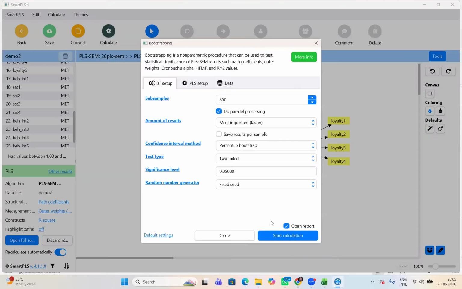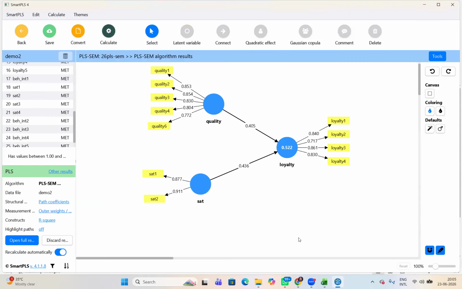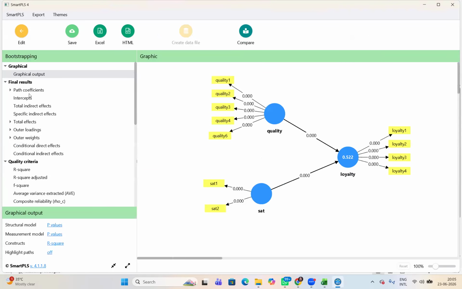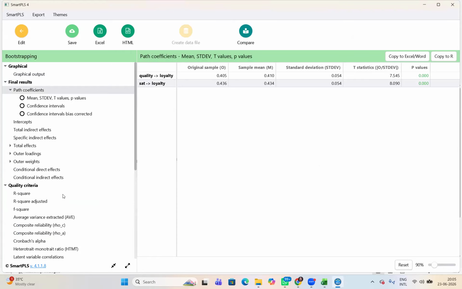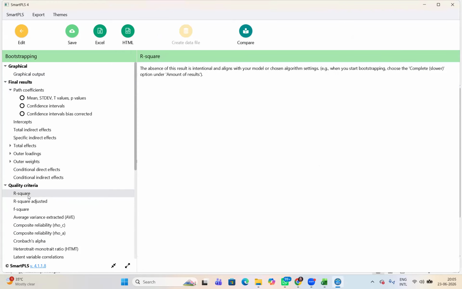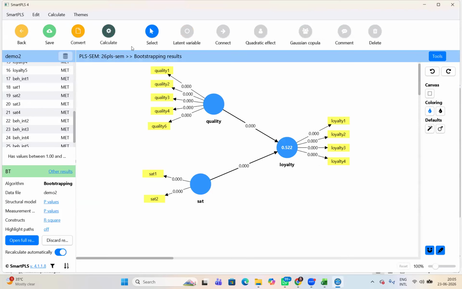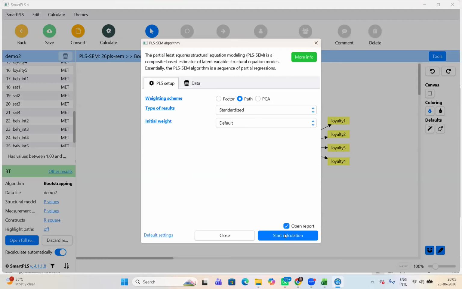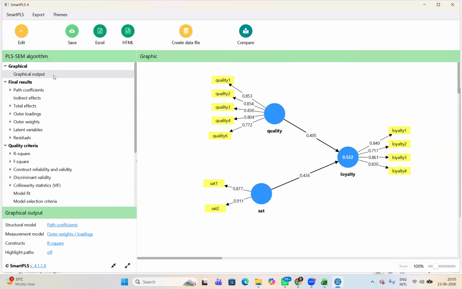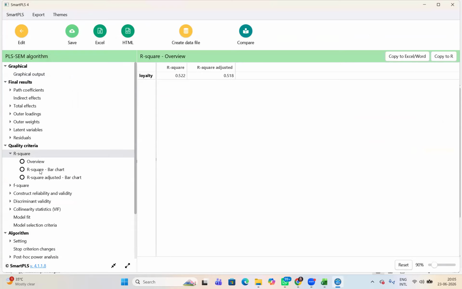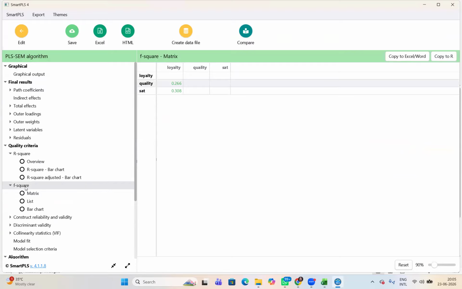We check the path coefficients here. Okay. We check the R square value from here. We check the F square value, which is basically the effect size value.